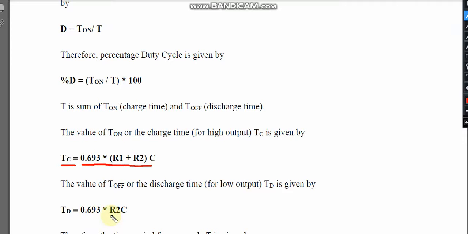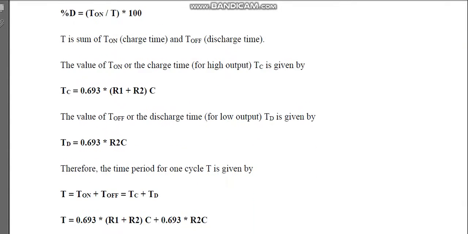And during the discharging period, this is R2, not R into 2, it is the resistor R2. Just do the correction there. So here only R2 is helping in discharging of the capacitor. When the capacitor is charged to 69.3% of its original value, it now discharges through the resistor R2. So only R2 comes into account in this formula, and we call this discharging time 0.693 into R2 C.